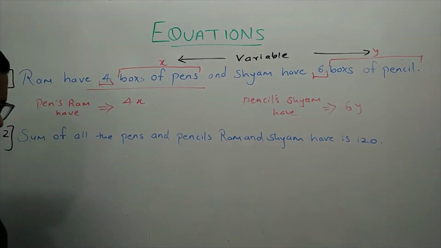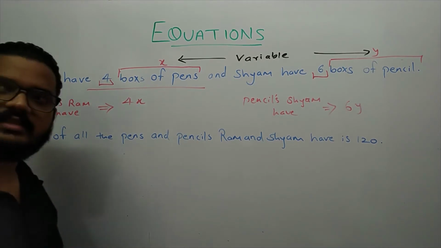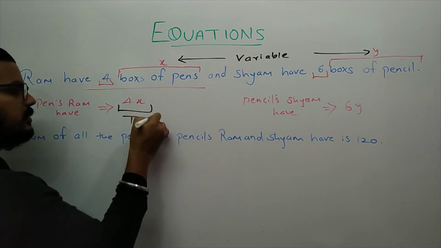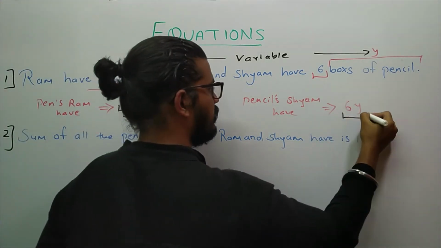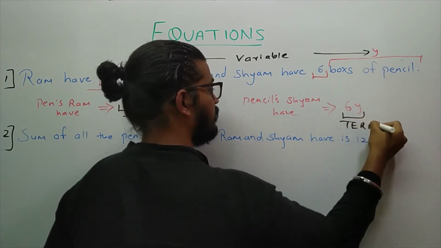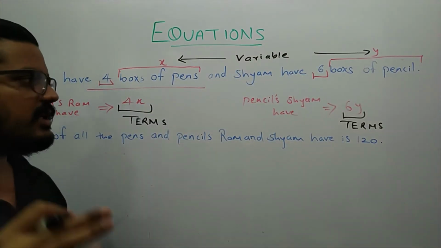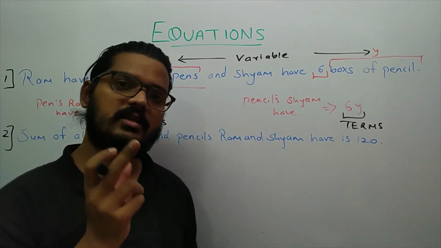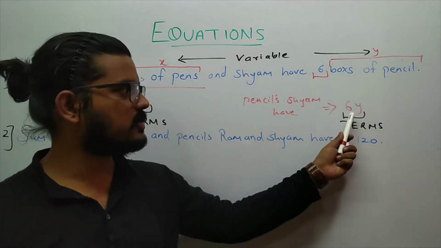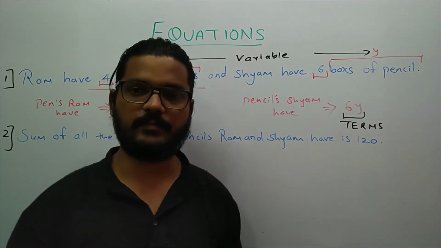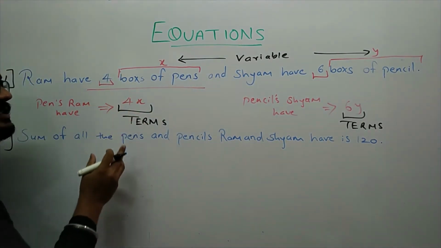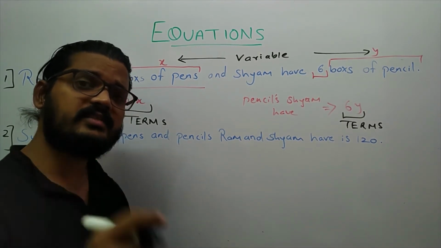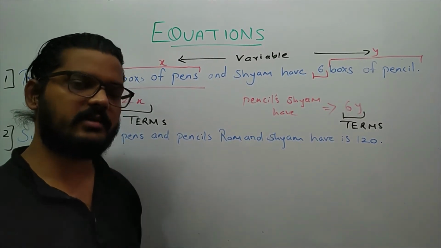Now what are these things? We have already studied this in my previous video. This is also known as terms. So this is one term, this is another. Let me revise it once again. What is a term? A term is basically a combination of a coefficient or a number with a variable. They are joined together with a multiplication. If there is no sign in between, that means there is a multiplication. Such things are called terms, and these terms are the building blocks of an expression. If you can recall, an expression is a type of mathematical statement.